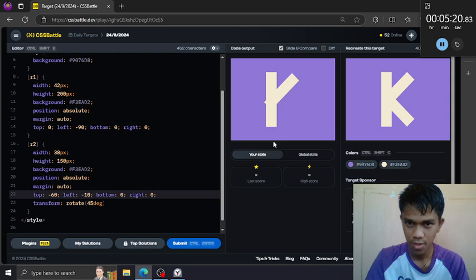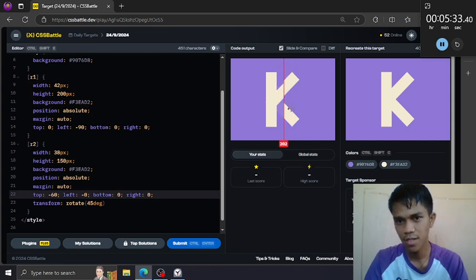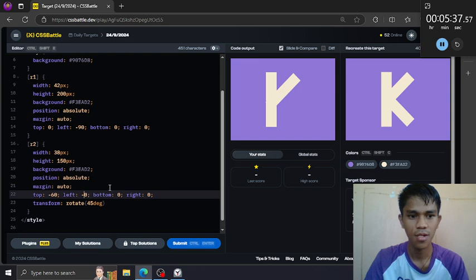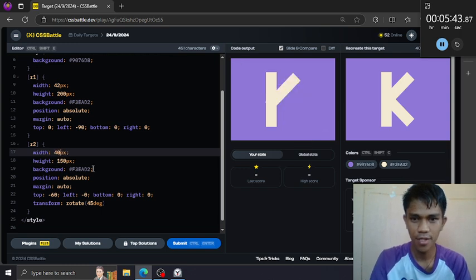I think that is centered. We don't need to move it to the left. Well, it would look something like jogged. It's not really. See, the letter is moving. 40. Let's go back to 40.